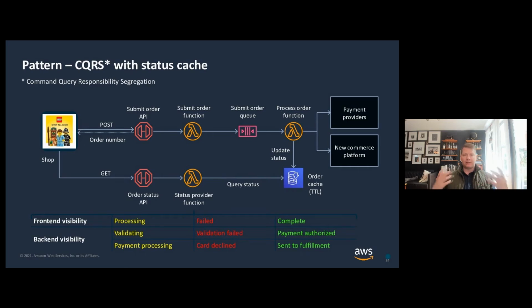Okay, so in a CQRS pattern, really what you're looking to do is separate your writes from your reads, right? Anytime you're dealing with databases, especially, or data stores of any kind, usually you have some contention for the read and the write. In this particular flow, you could have flattened it. The submit and the order status API could have been the same, but then you would have had contention on checking statuses and submitting orders. And as one of the primary goals of an e-commerce provider is to ensure that these orders are going through, it was best for them to separate those out.